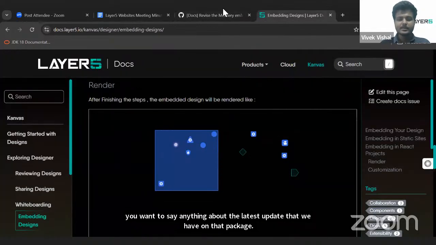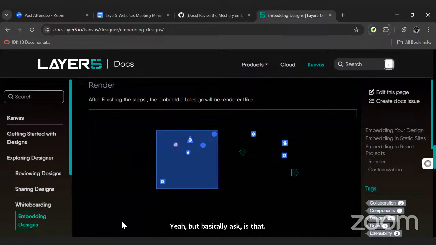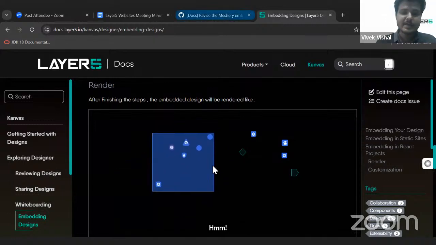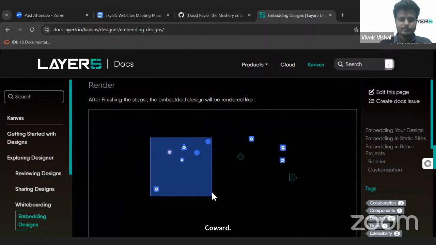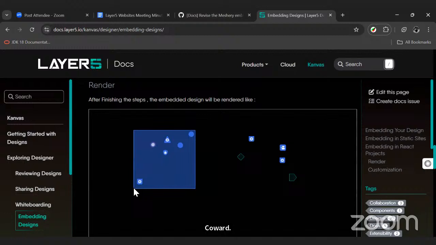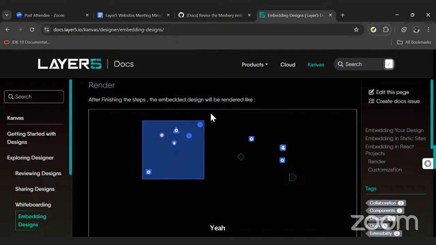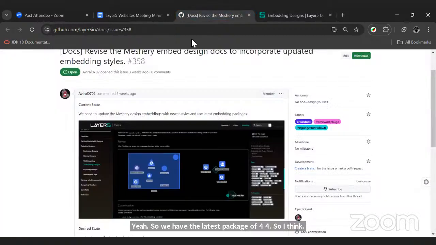Yeah, but basically the ask is only to update these embeddings with the latest package that we have. Yeah, so we have the latest package of 4. So I think currently, if you just scroll more,